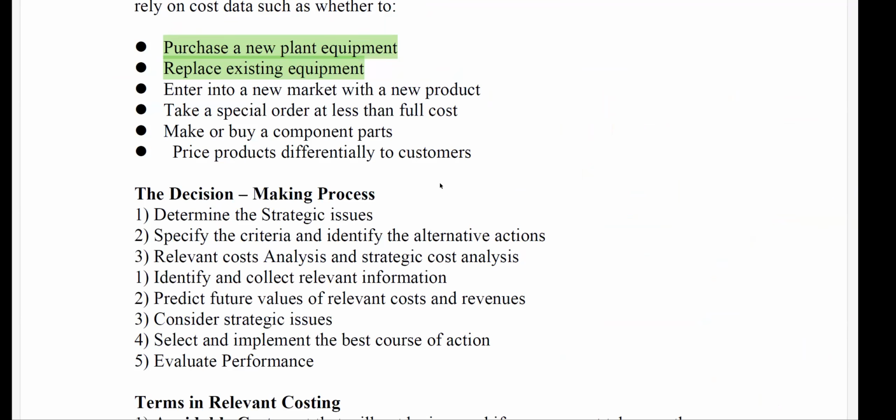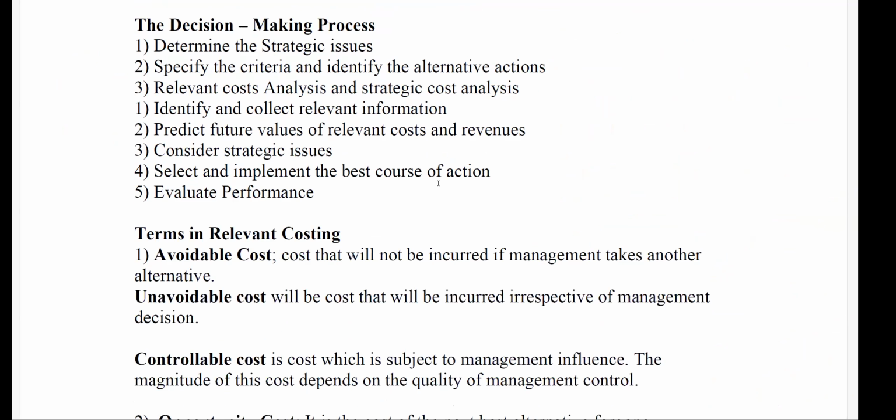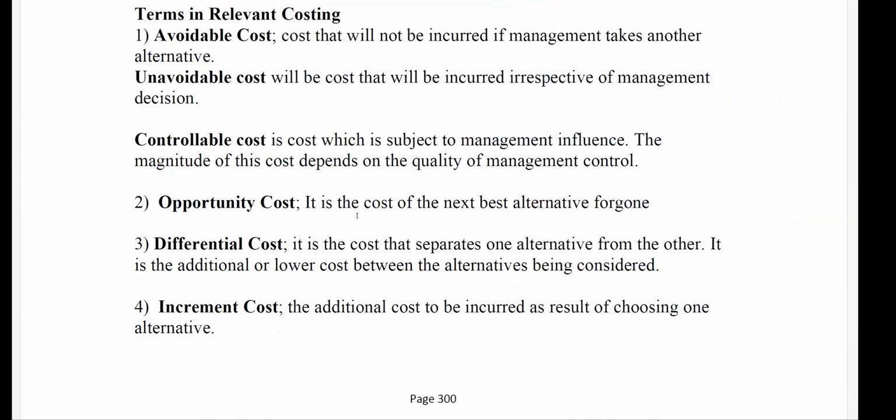Okay. So then, when it comes, they can ask you about the decision-making process. With the decision-making process, there are many ways we look at it. You identify a problem, you gather data about the problem, you develop alternatives, you select the best alternative, and then you monitor your performance. It goes on and on. The same approach. Now, what I want to talk about in decision-making is what we call relevant costs and revenues,